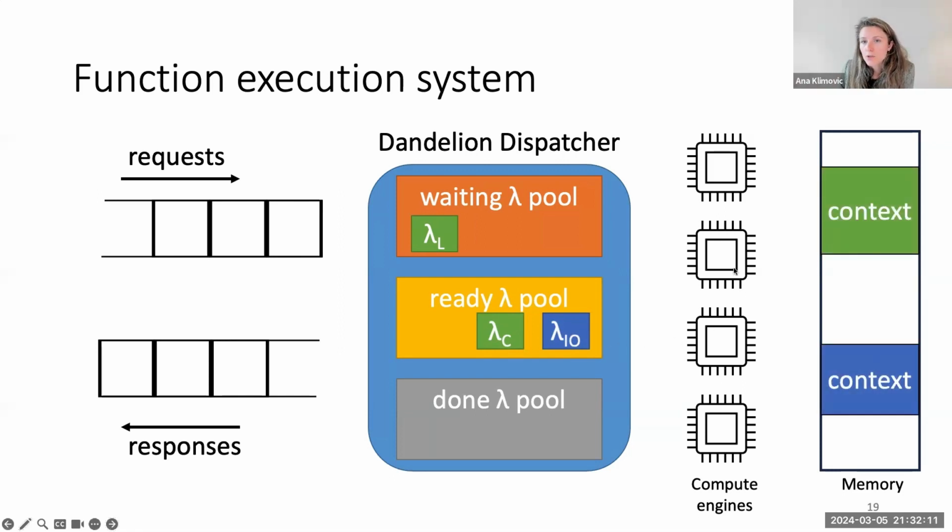And in order to make these functions actually ready to execute, the Dandelion dispatcher needs to allocate separate isolated memory regions for these functions, right? And we're going to see that this is where you can use different mechanisms to do this. It does not have to be booting virtual machines. Instead, what we need is to allocate a compute resource, and we need to allocate the memory resources for the function, okay? So the dispatcher allocates a context for each of these functions,